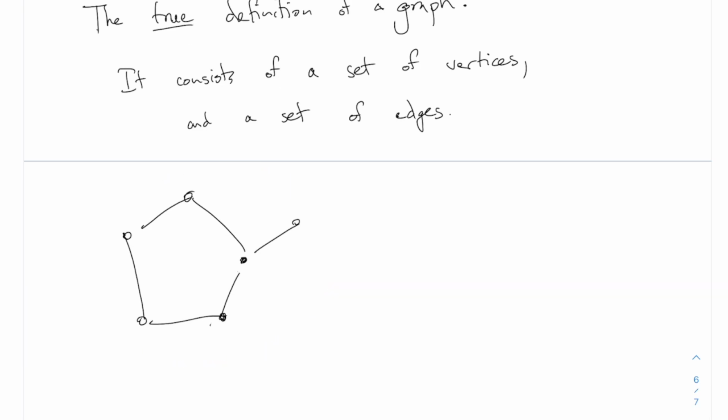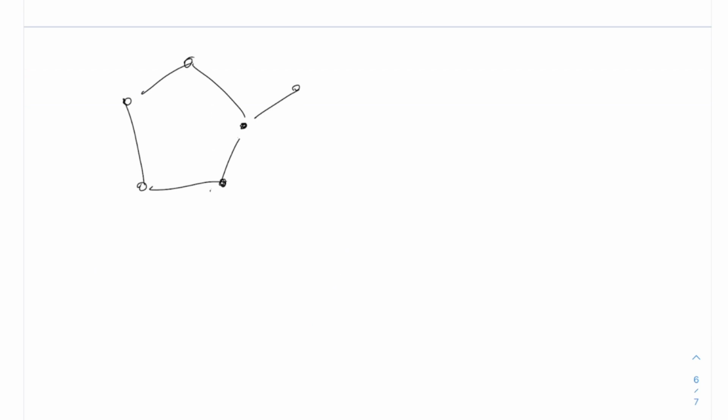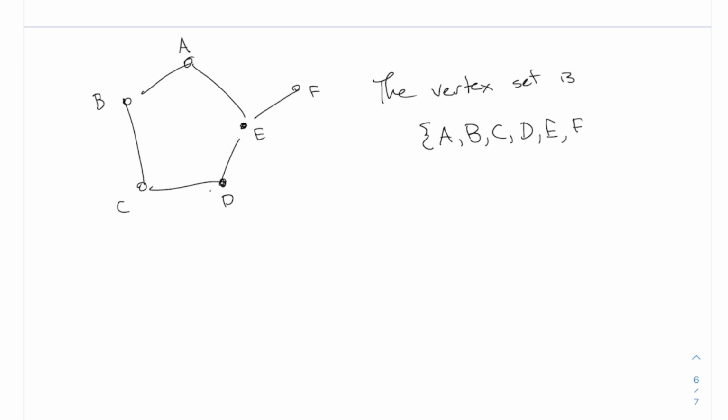In order to talk about this specifically, you have to give names to the vertices. So I'm going to label them like this, A, B, C, D, E, F, all right? So this graph truly consists of a set of vertices and a set of edges. The vertex set is, this is how we write a set in mathematics, A, B, C, D, E, F. It is just a list of what the vertices are inside those curly brackets. The curly brackets are what we use to indicate a set of things, all right? So the vertex set is those, and the edge set